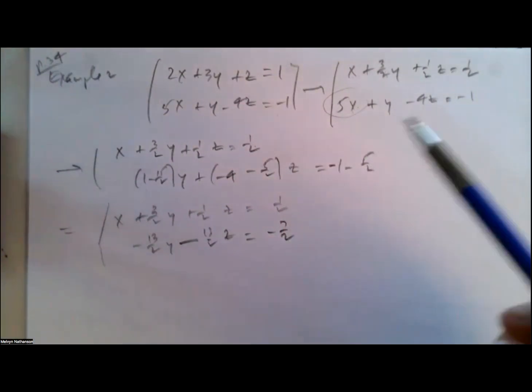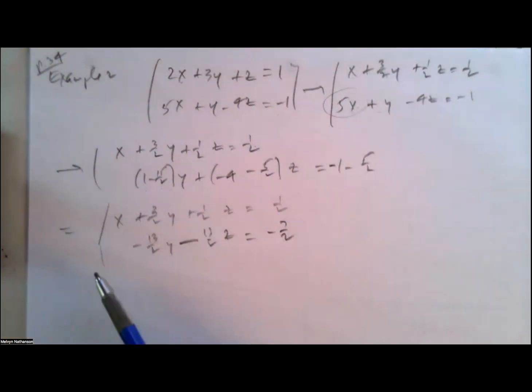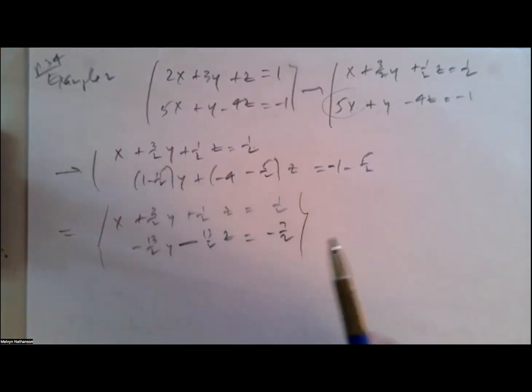So if I subtract 5 times the first equation from the second, the x disappears, and this is what I get. I have a question. Yeah. How did you get the second row of subtracting 0 x from 5x, the second row? So